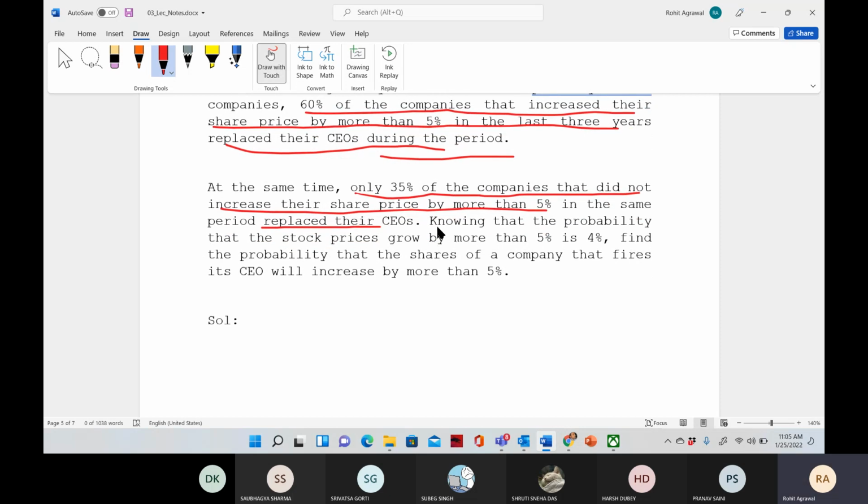There is this information, knowing that the probability that the stock price grows by more than 5%, ठीक है। तो 5% का रोल बस यहाँ पे क्या है, इट इज जस्ट अ इवेंट, प्रोबेबिलिटी नहीं है, आई थिंक, एम आई राइट? Yes, sir. Okay. So knowing that the probability that the stock price grows by more than 5%, इसकी probability है 4%, ठीक है। Find the probability that the share of the company that fires or replaces its CEO will increase by more than 5%, ठीक है। तो just try कीजिए इसको।